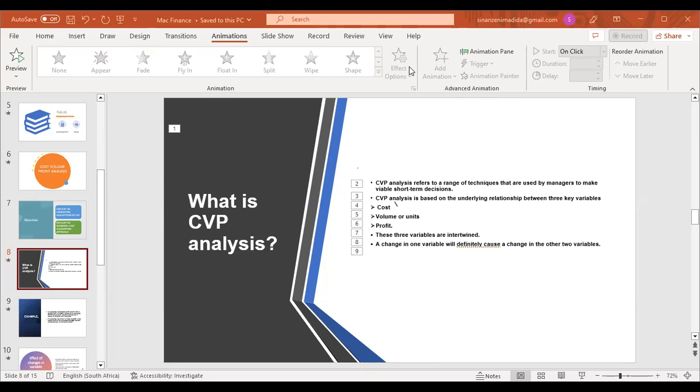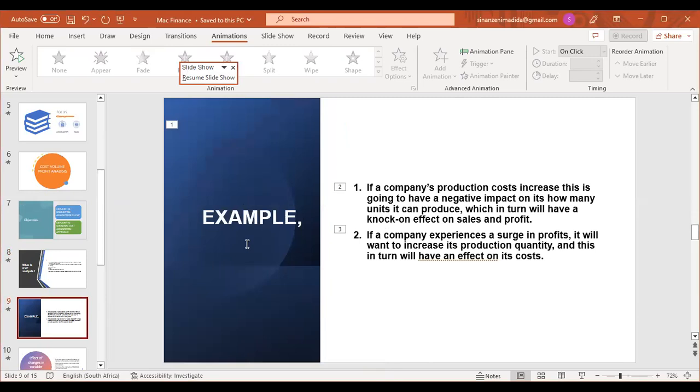Okay. Let's look at our next slide. Sorry for that. This is an example, guys, which is trying to assist us to understand what CVP analysis is all about. Our first example, number one: if a company's production cost increases,